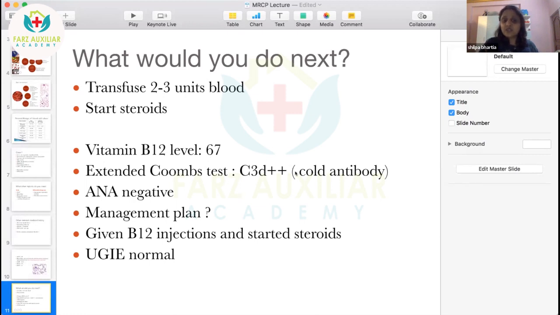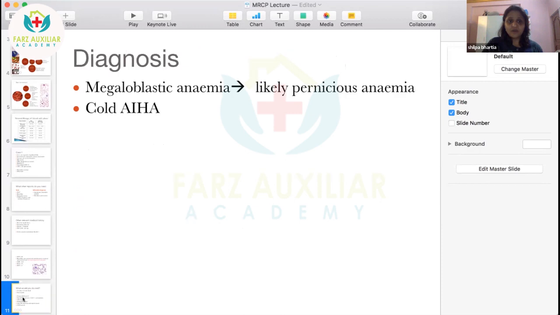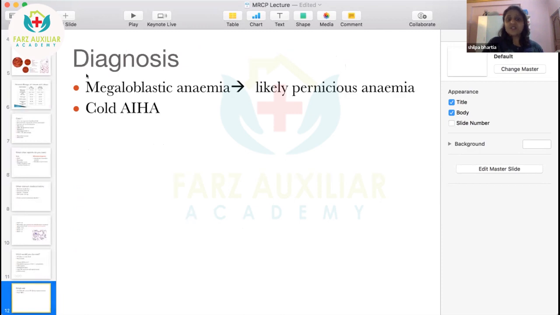Her extended Coombs test was positive, which was a cold antibody. Her autoimmune panel was negative. So we had to start treatment of her autoimmune hemolytic anemia, as well as give her B12 injections. Her endoscopy was done as an anemia workup because she had mouth ulcers, and that was normal. So the diagnosis is,